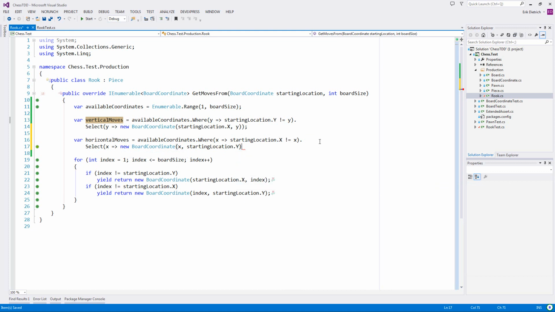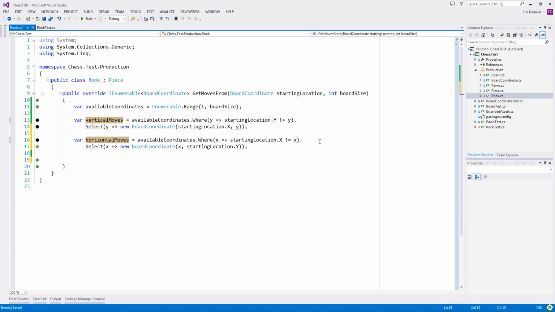So from an integer, I can select a mapping from an integer to a board coordinate involving that integer, which is what I'm doing. So vertical moves and horizontal moves I have as var, but what they really are is enumerables of board coordinate. So what I'm going to do now is just return the union of the vertical moves and the horizontal moves, and union just smashes the two things together. So return all the possible vertical moves and all the horizontal moves,